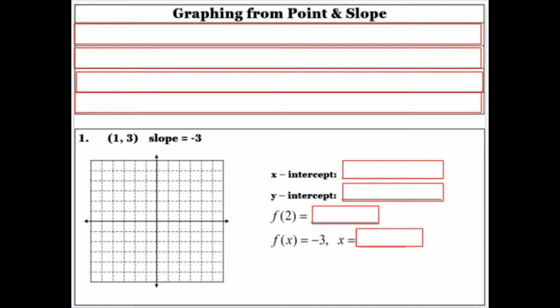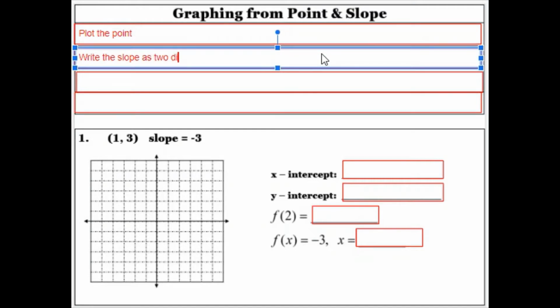Today's lesson is how to graph from a point and the slope. So here are directions. If we know a point and the slope, the first thing we will do is plot the point. Then we will go ahead and write down the slope